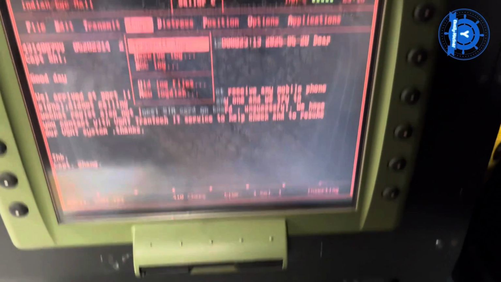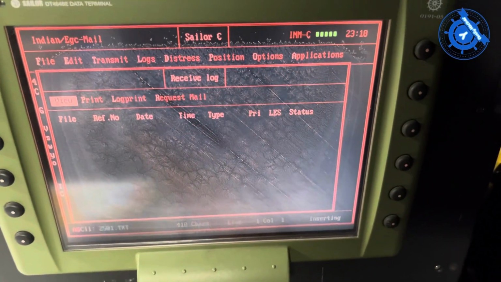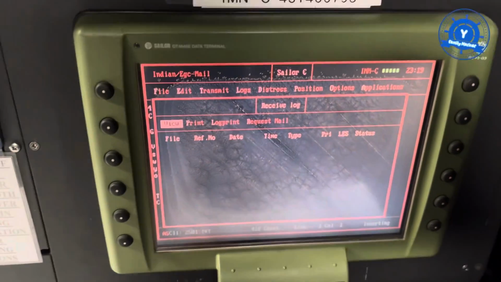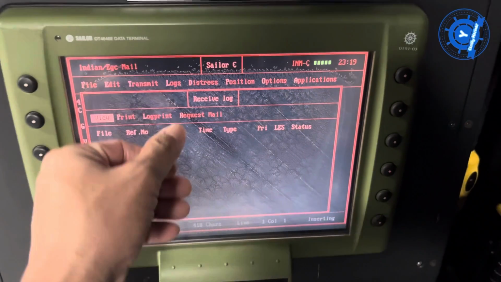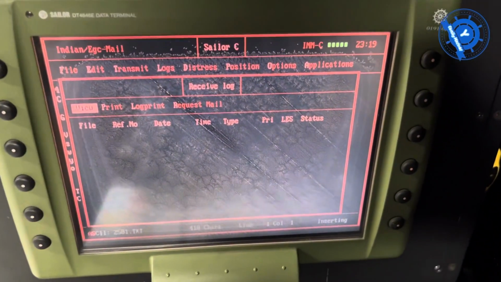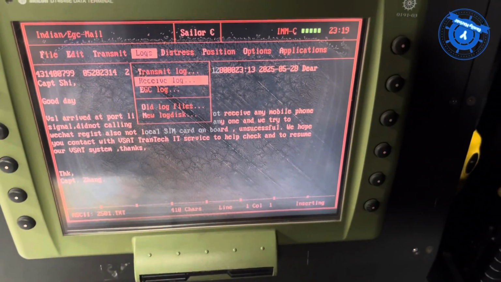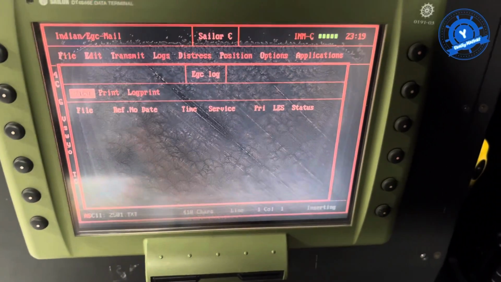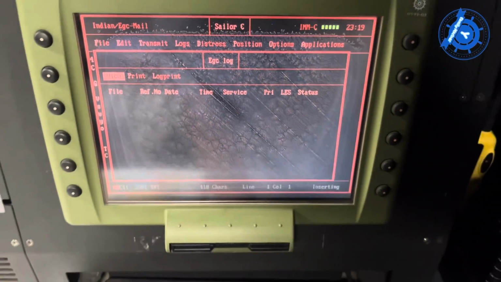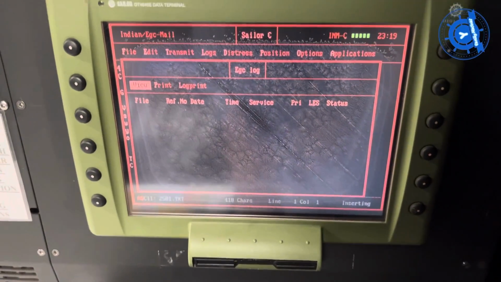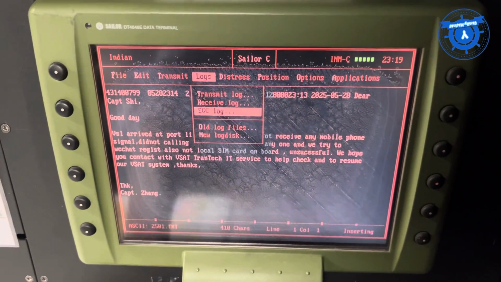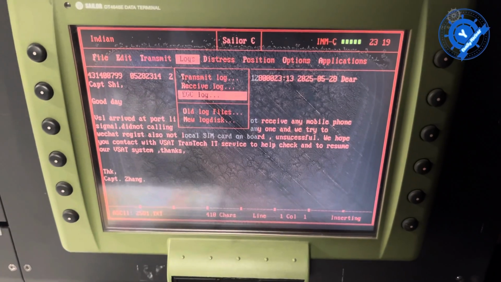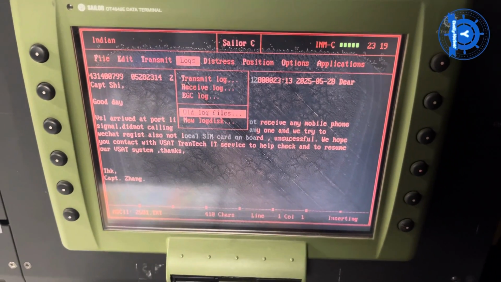Under receive log, if you have any receive log, you can see it on your monitor display, and also etc log and crew log. With etc log, you can see it on your monitor display, and then the old log file and new log.